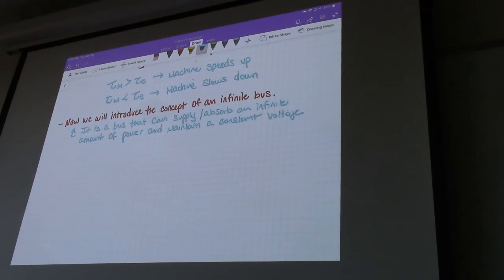So really, for our purposes, when we draw the circuit, it's just going to be a voltage source, okay? But for a power system, it has a deeper meaning because